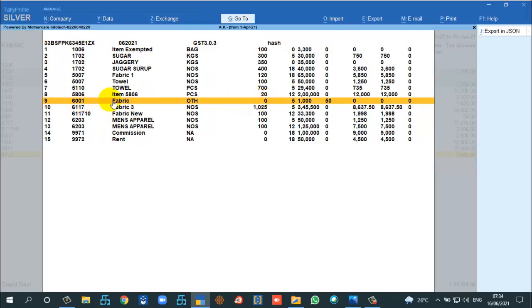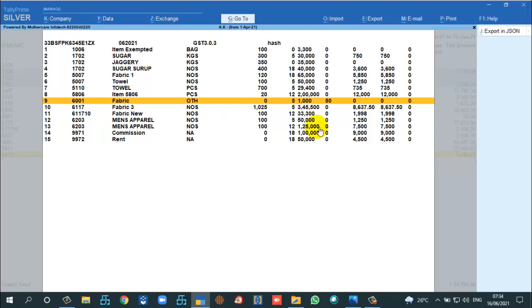If goods are without a quantity, it is wrong. So we have to upload and correct it in the portal. Otherwise, we have to change everything in Tally, make the correction, and upload later. This is the main thing we have to see. If it is goods, we have to check whether the quantity is 0 or not. This is wrong. We missed the quantity since it has been configured at ledger level.